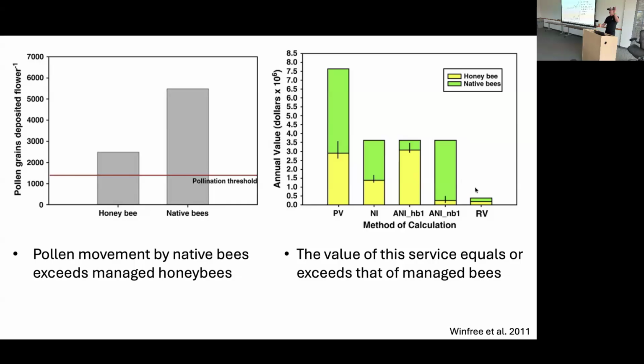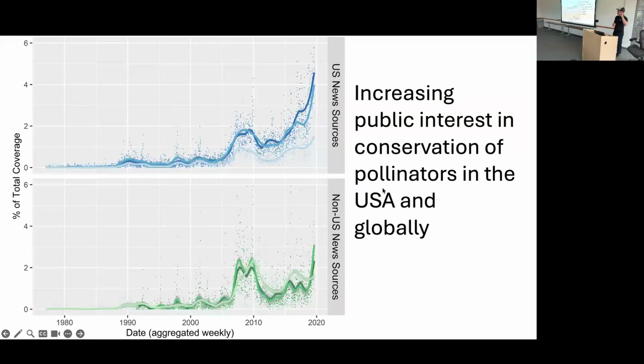And like you all just showed me a minute ago, by raising your hands, there's increasing public interest in this topic, both in the United States and throughout the world. So this is just total coverage, percent coverage on a day-to-day basis since 1980. And you can kind of see when colony collapse disorder was first described and became very hot in the news, and then that kind of went away.